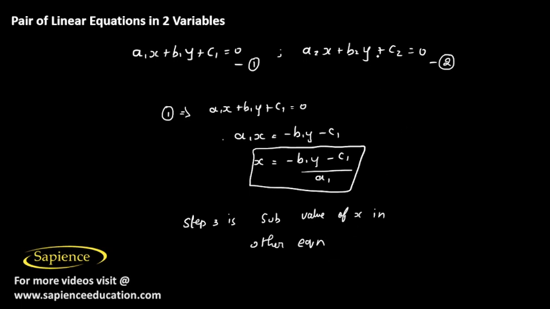Now once we have the value of y, we can substitute the value of y in either of the equations to get the value of x. So in this way we can find the solution of two linear equations with two variables. Now let us see how this will work with an example. For my example, I'm choosing the equation